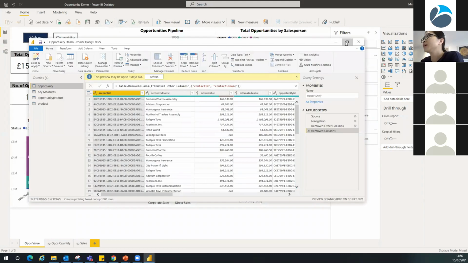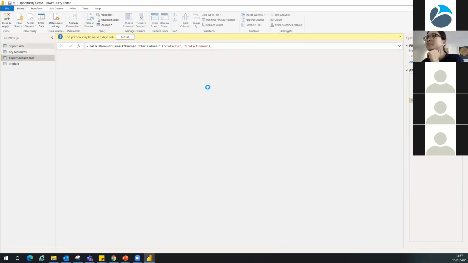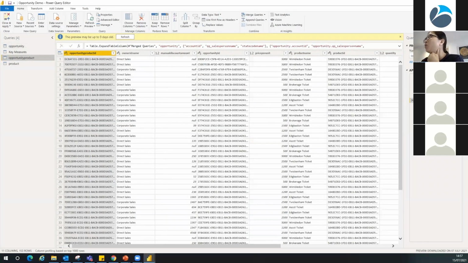Try to move it here. So you will be able to see the data, and you are able to transform the data, and you are able to see the steps that you have done to transform the data here as well. And all of these functions are quite similar to the Excel functions, I have to say, slightly different. But if you are an advanced Excel user, I think you will not have any problem getting started with Power BI and transforming data from Power BI Desktop.